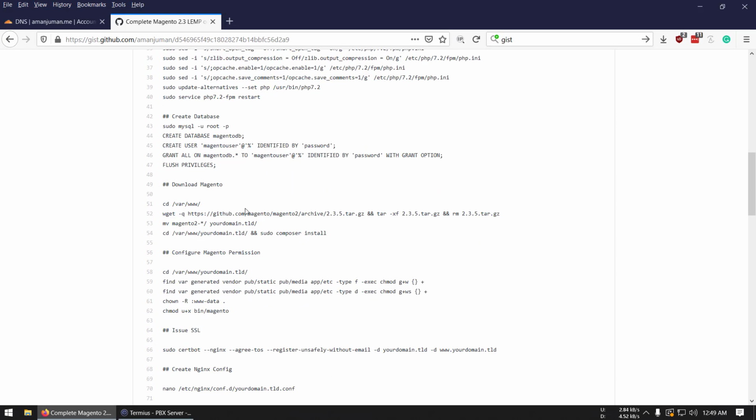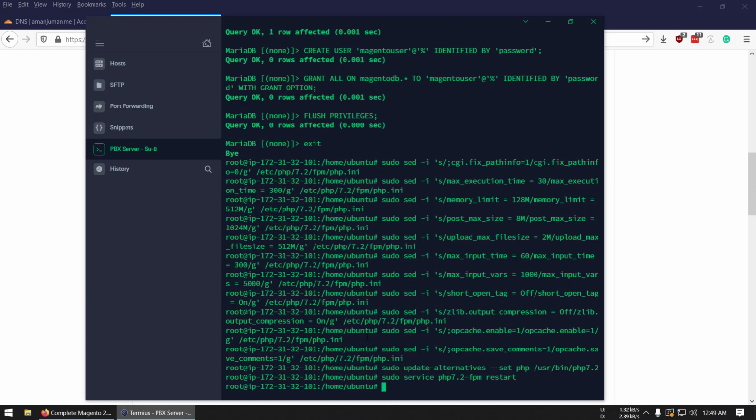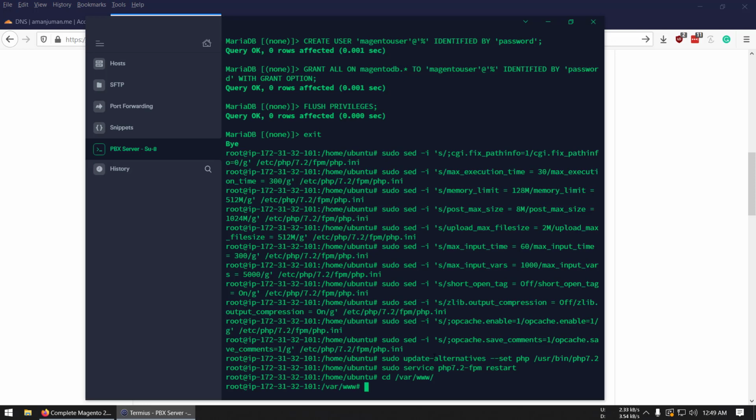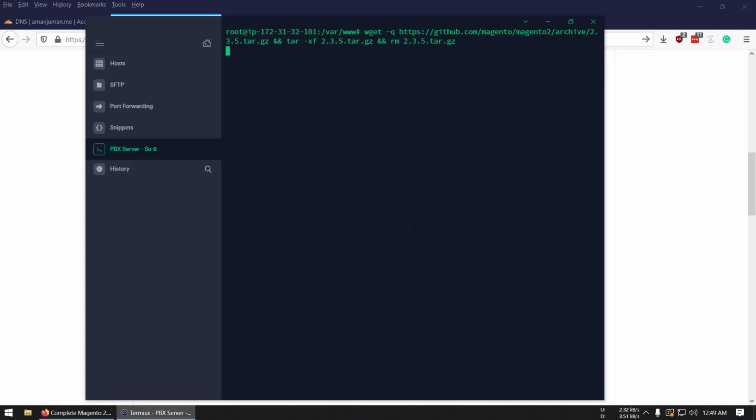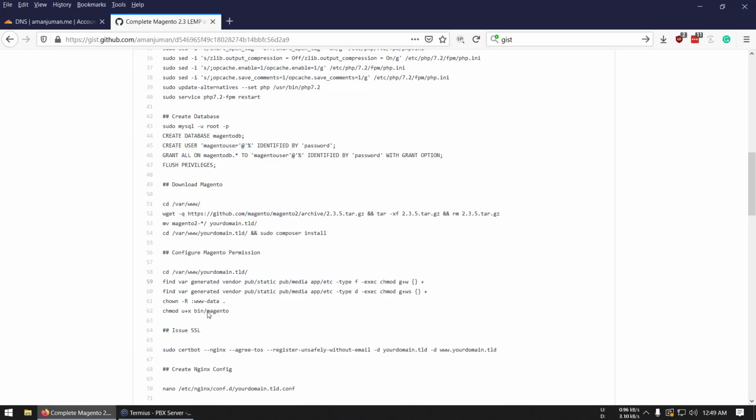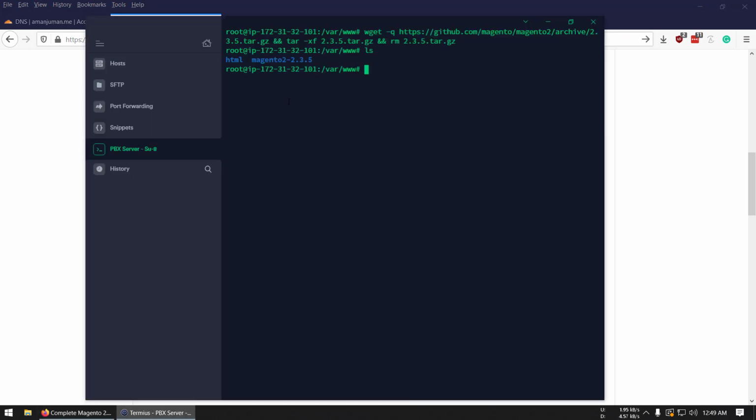Done. Now it's time to download Magento. So cd /var/www. Let's clear the console. Now wget Magento 2.3.5, then extract it, then remove the archive. I put all three commands in a single line, so I don't have to copy again and again. It will take 10 or 20 seconds to download. It's downloaded, and if we check ls, you can see Magento